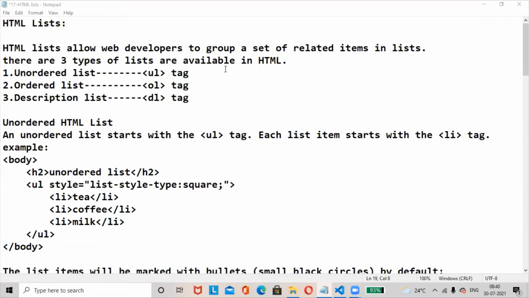Today's topic is HTML lists. Let's start. HTML lists allow web developers to group a set of related items in a list. There are three types of lists available in HTML: ordered list, unordered list, and description list. The UL tag is used for an unordered list, the OL tag is used for an ordered list, and the DL tag is used for